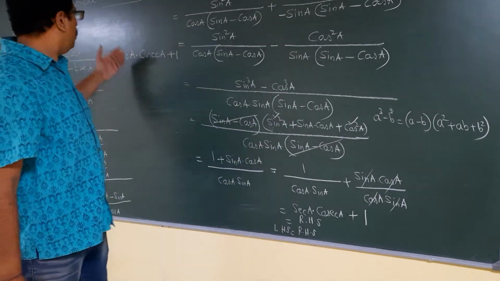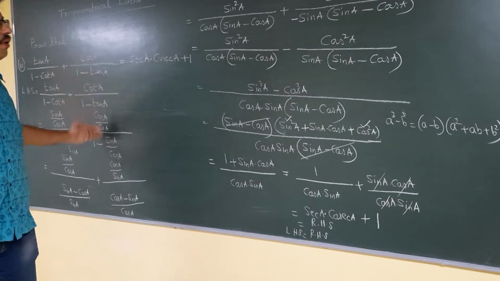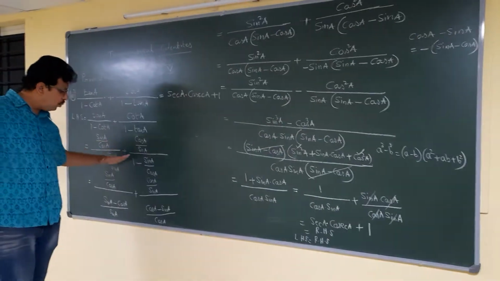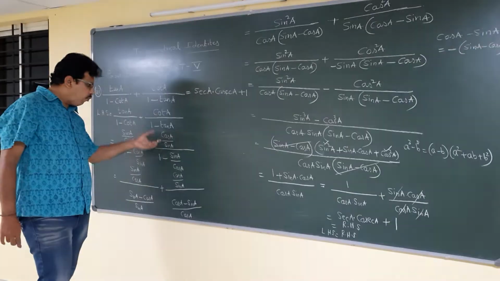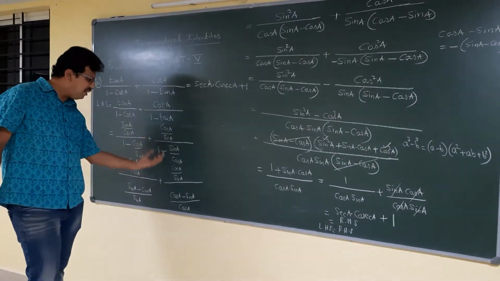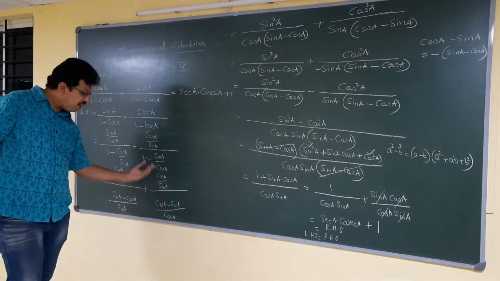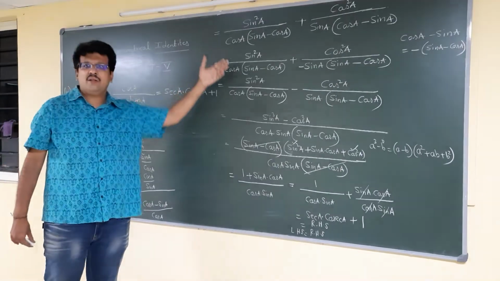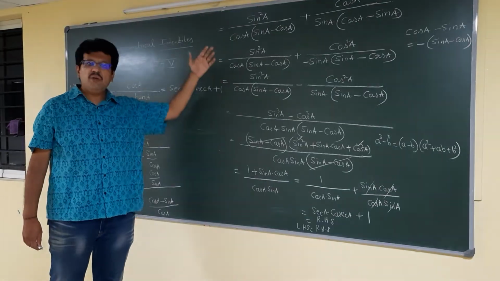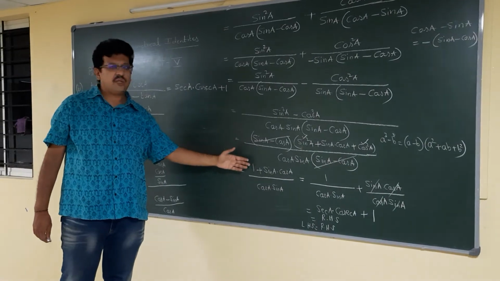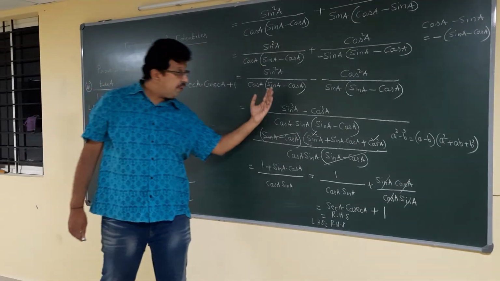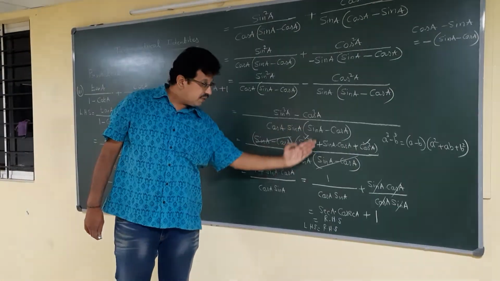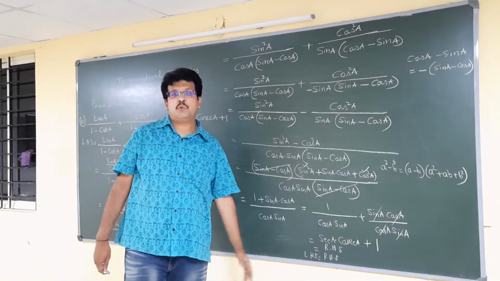In this problem you need to observe very carefully how we went on with the steps, all of you children. Every step you need to be very careful while solving. If you make a mistake in one step, like the LCM, or in taking a reciprocal, you will get a wrong answer. So children, be very careful in solving this problem step by step, and you have to immediately understand that you have to use the identity for sin cube A minus cos cube A. So this is how you are going to do this problem, children.